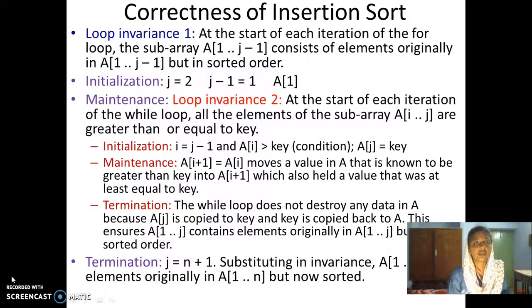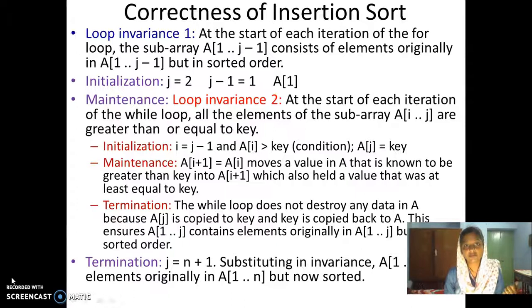So for that we are going to use something called loop invariance, which is invariant, which is not changing across loops. That is invariance, and we'll use two invariants. The first one is for the for loop. At the start of each iteration of the for loop, the subarray A from 1 to j minus 1 actually has the elements which were originally there in the array, but